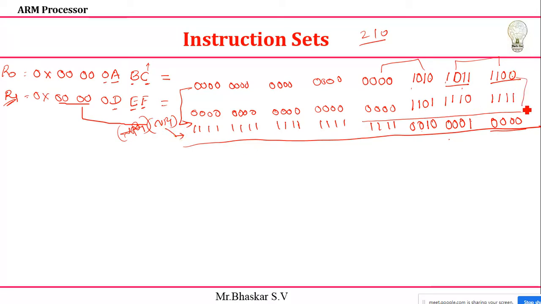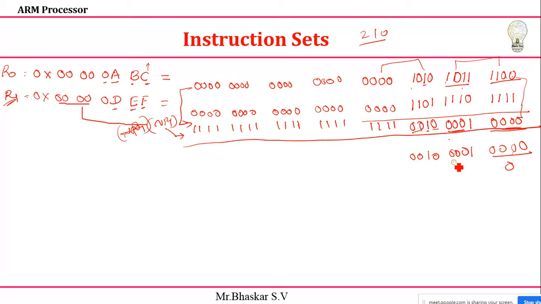0 with 0, I'll get 0. 0 with 0, I'll get 0. See, if all are 0, I get zeros only. Right, this is 0. Next, you can check it out. Here anyway double 1 is there, I'll get 1. Next it is 1 0, so it is 0. You can see 0 0 1, these three cases, definitely I'll get 0 only, because if any one of the values is 0, the result is 0 for an AND operation. Similarly, here 1 is there, you can check that bit. Here also 1 is there, then only I'll get 1. Remaining, because of zeros, I'll get the value 0 0.